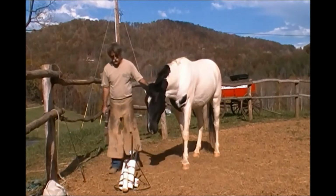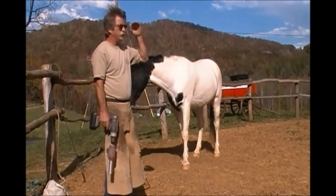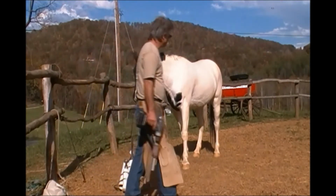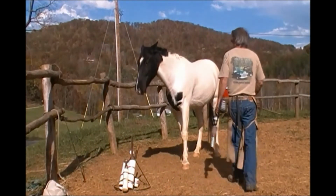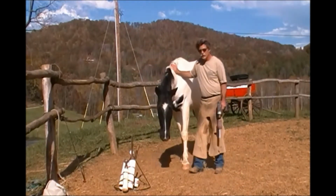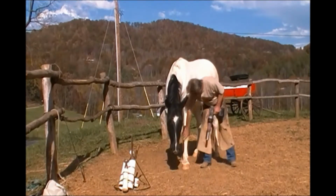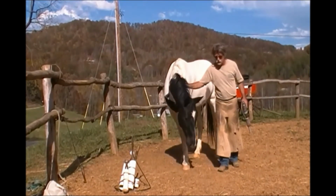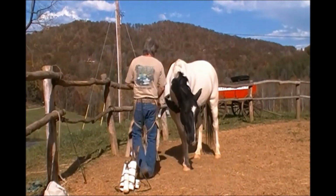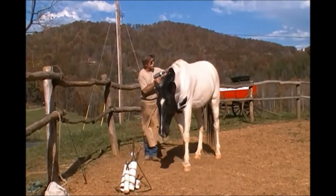Now you see Hero starting to relax a little bit to it. I have a lot of trust with Hero, but you can see, even though he's made a little bit spooked about it, he's got to learn. So a horse that hasn't had a lot of work, it may take a lot of work to do this. You may not want to do it all at one time. You may want to break this up into several days. Maybe find something even a little quieter. Let them get used to the noise. If you want to get to where you can rub this all over them,